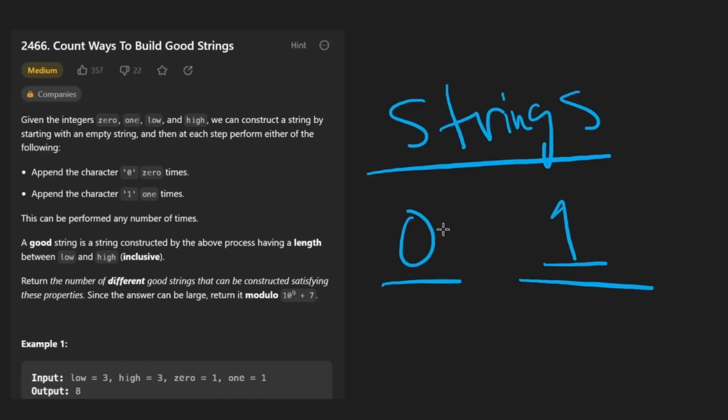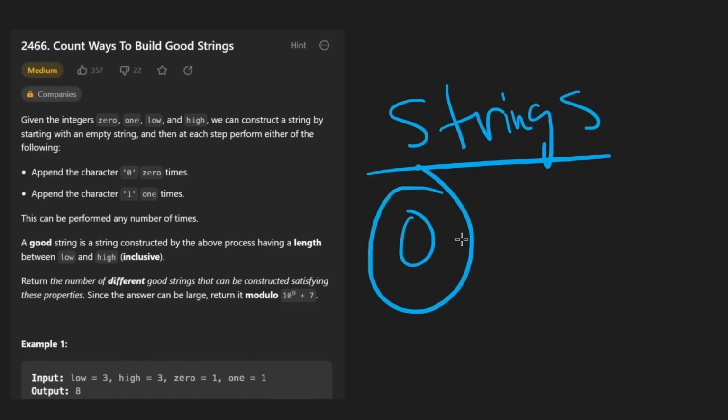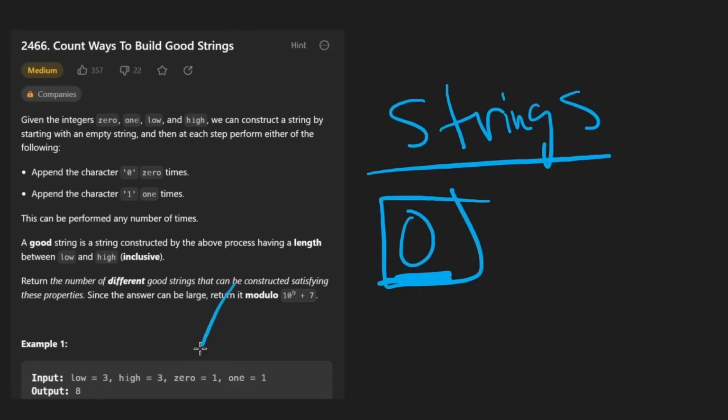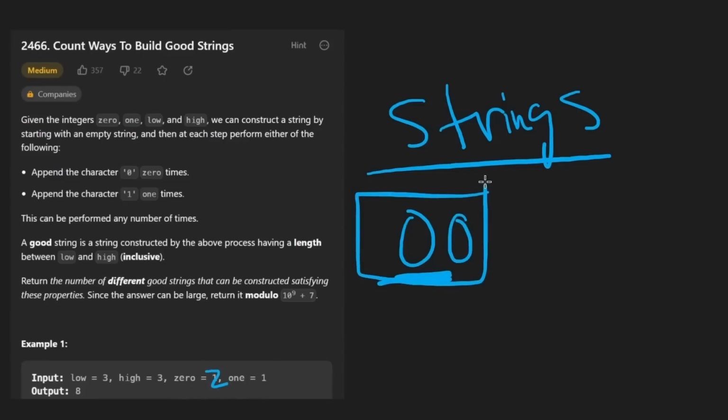So every time we add a 0 character to our string, we have to just add a single 0 at a time. Now, that's very, very flexible because we can have a single 0, we could have 2 zeros, 3, 4, or we could go back to having 1. So this is kind of like the infinite amount of flexibility. Now, if zero happened to be equal to 2, then we could only add 2 zeros at a time into our string. The exact same is true for the 1 character, and we have a variable to tell us how